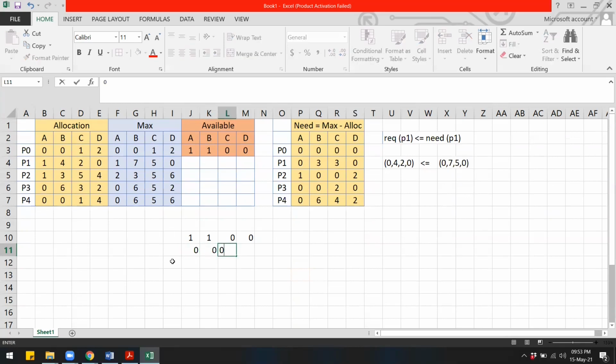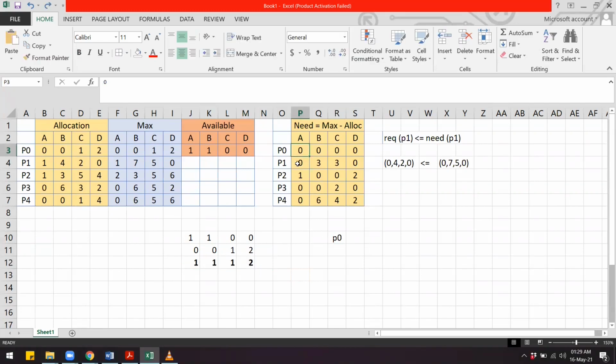So once P0 completes, it is going to return whatever was allocated to P0 back to the pool. So it was allocated 0012. So we will add that up, and the value for available becomes 1112. So first one to go was P0.